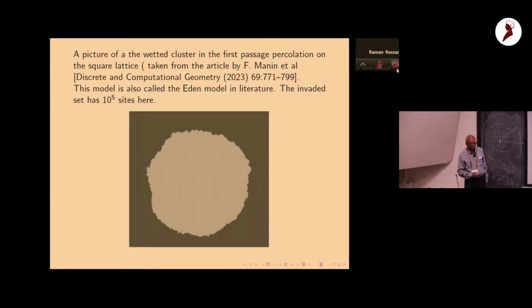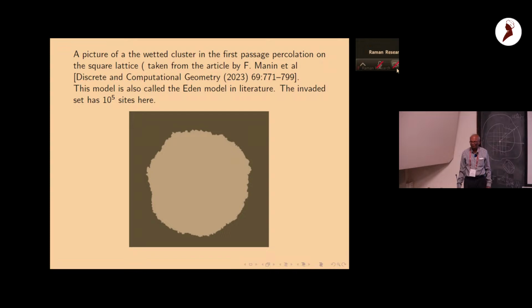And this is the picture of some such cluster generated by this process, in which the waiting times are exponential with mean 1. So you see, it's an interesting picture, and it has been studied a lot. This is called the Eden model, and this one has 10 to the power 5 sites. And this reference is 2023, so a pretty recent paper. So people keep on studying these problems, not so much progress has been made. I can still publish a paper with this picture,